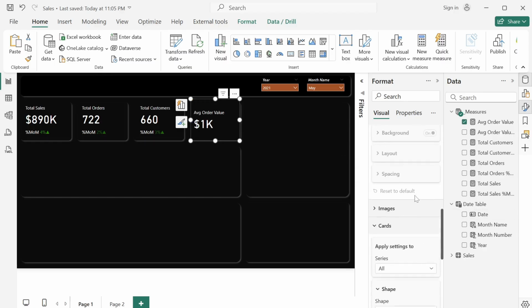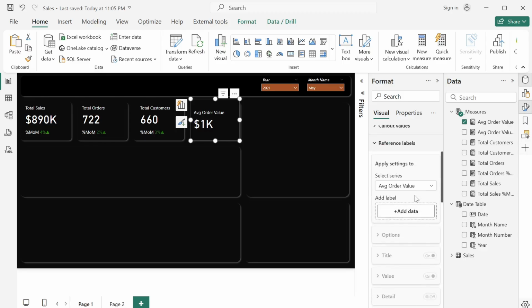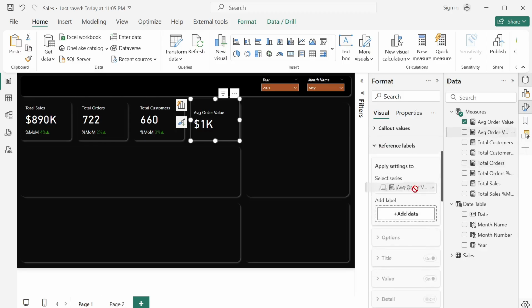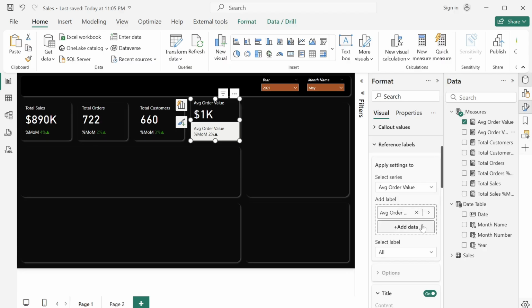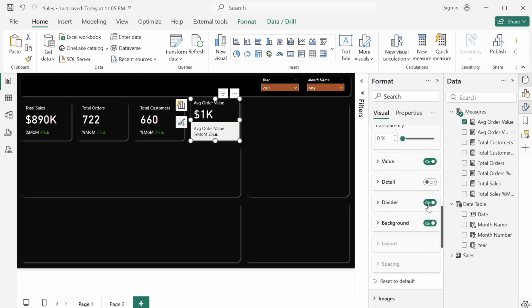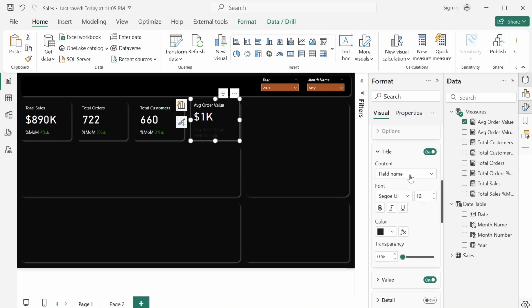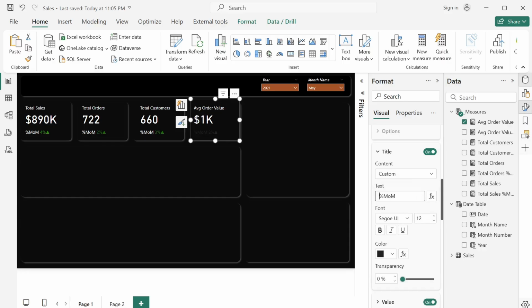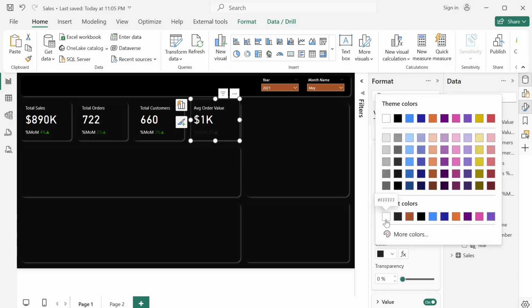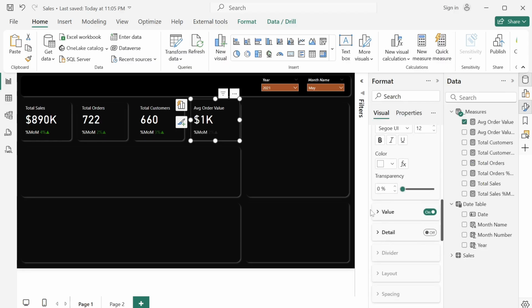So I will go to reference label, add the month on month change, turn off the divider. Go to where you have the label, select that, change the title, remove the average order path, change the color to white, then